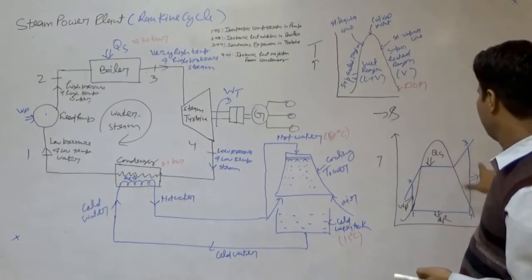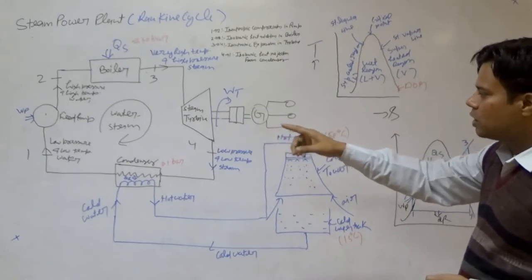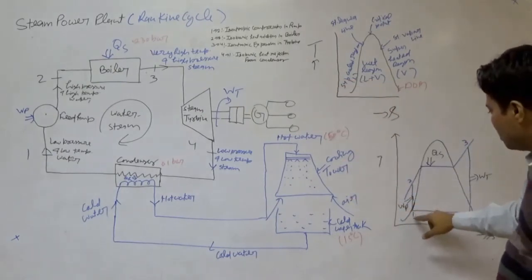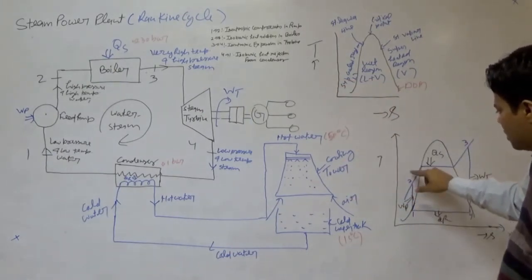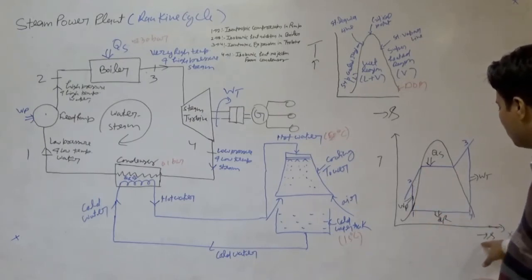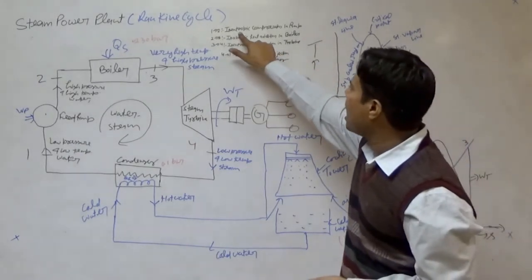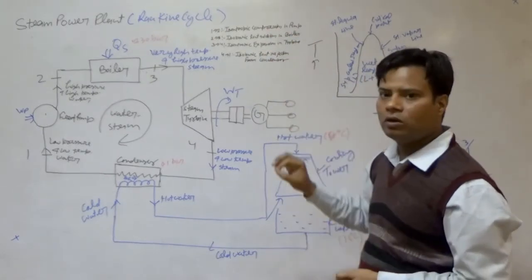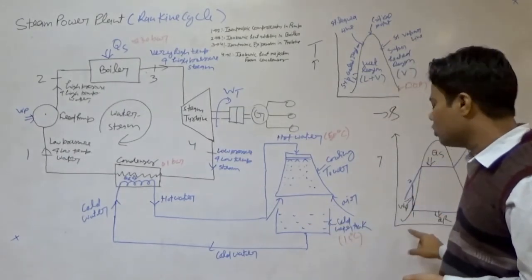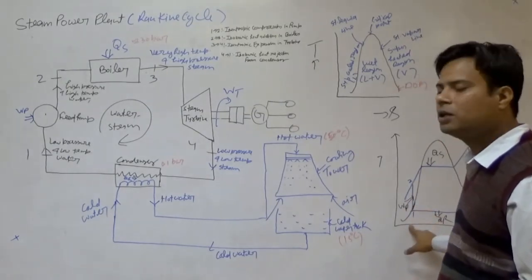Points 1, 2, 3, 4. 1 to 2, as we see from the schematic diagram, low pressure, low temperature water is converted into high temperature, high pressure water. So from 1 to 2 temperature increases. But this is a vertical line. Why do we draw a vertical line? Because in the denominator here is entropy. The 1 to 2 process is an isentropic compression process, so the entropy during this process remains constant. The denominator remains constant, only temperature increases. That's why from 1 to 2 temperature increases but entropy is constant.